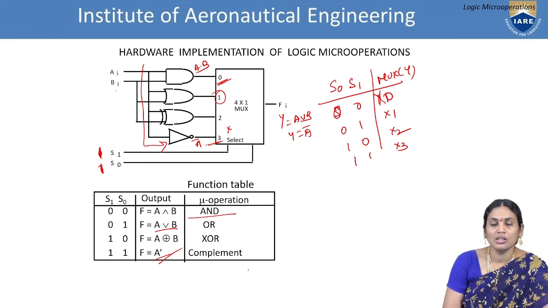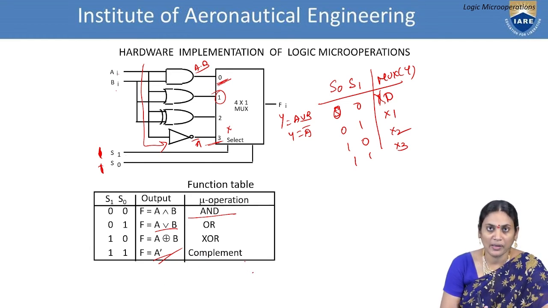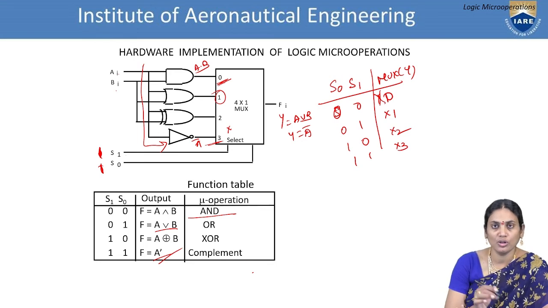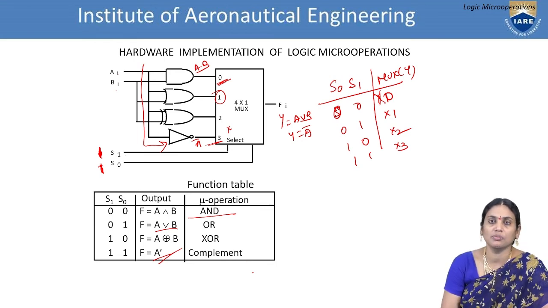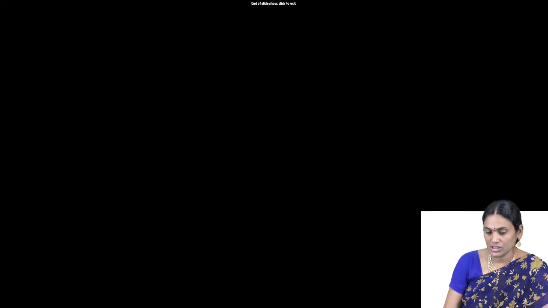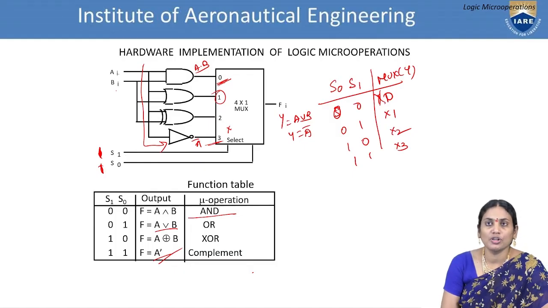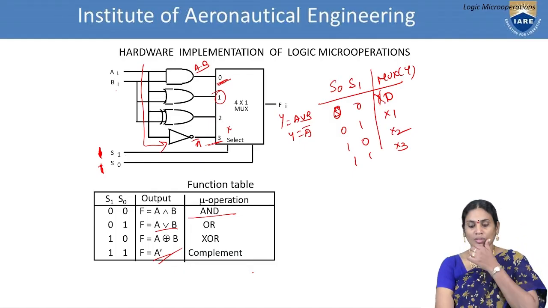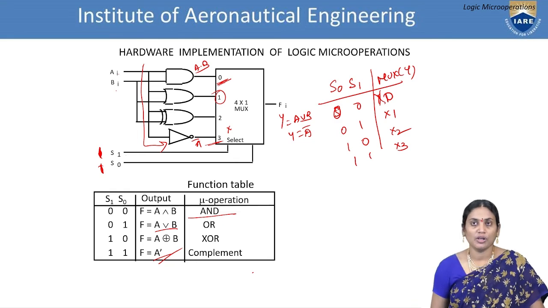So in this way, you are selecting the unique logic or micro operation circuit which performs all these 4 tasks based on the input you are providing. So in this way, you are handling the operations of the logic micro operations. So this is about the case of logic micro operations. So let us have a revision once again.